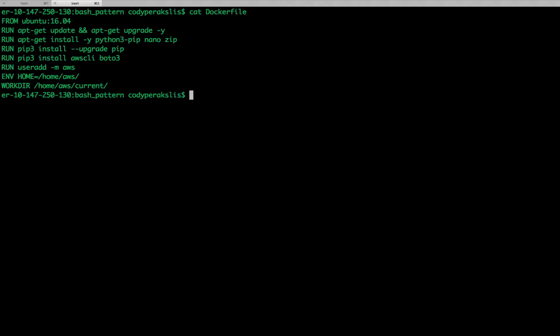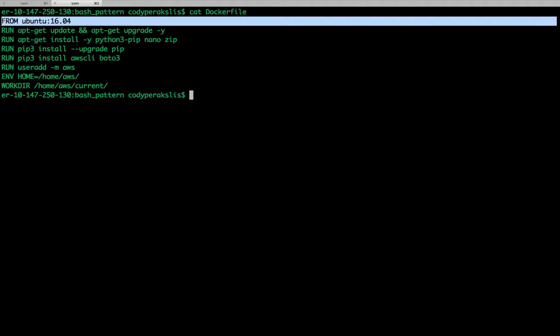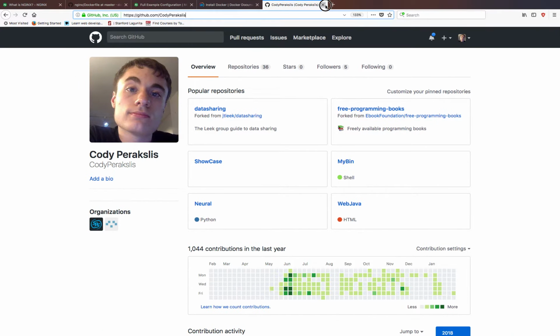So this is just a small Dockerfile I wrote to run the AWS commands. Just from the Ubuntu, do a couple of installations needed, and then it's good to go. So whenever I want to run AWS commands, I can do it within this container without impacting the rest of the system. So yeah, with that,